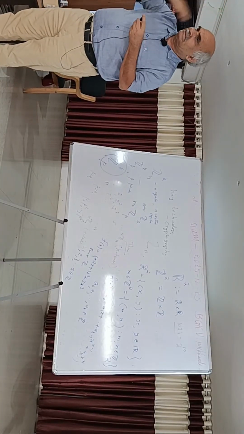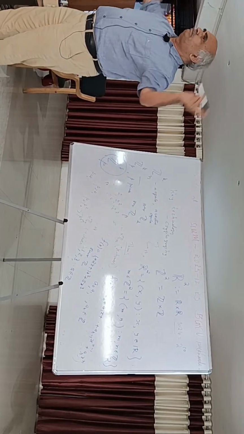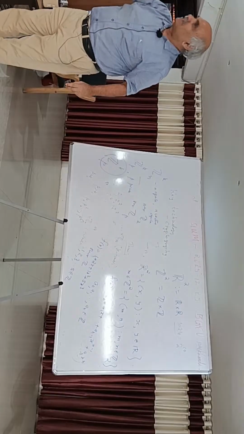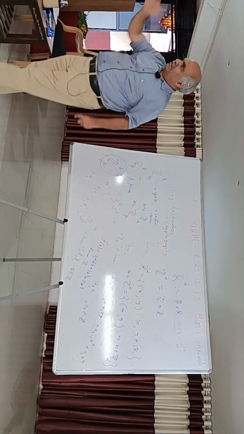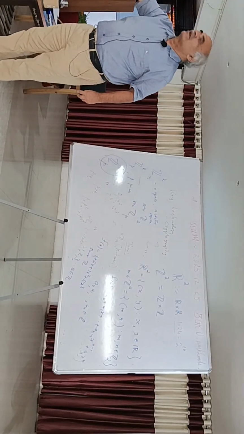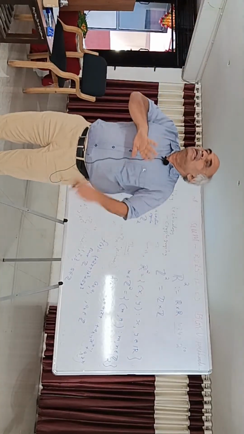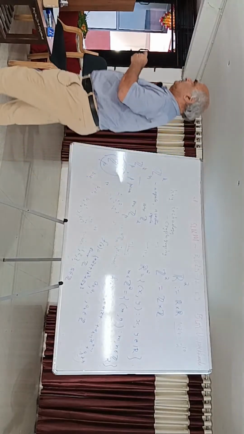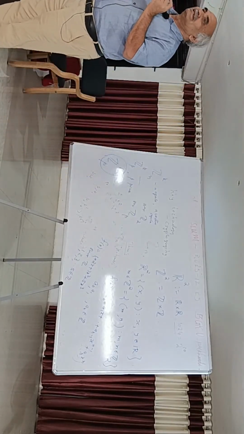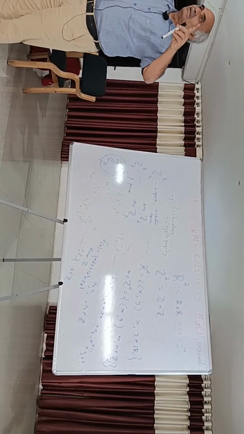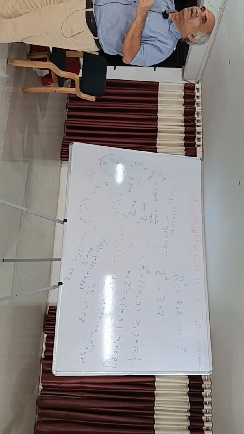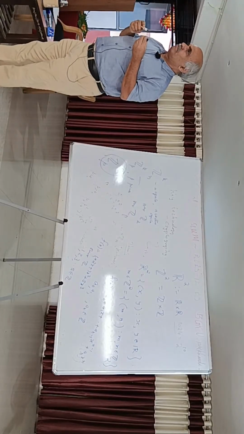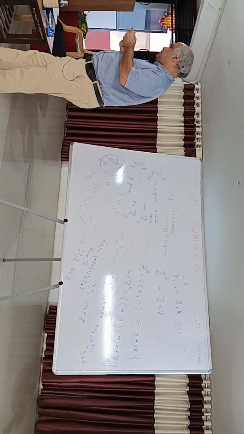Now there are some results in number theory. I don't know whether students have studied number theory in their undergrad program. We had one course on number theory during our time. Did you study number theory? Okay, that's good. So there we have some important theorems. One is called Wilson's theorem. This Wilson's theorem gives a very strong condition for a number to be prime. If I recall, m minus 1 factorial,